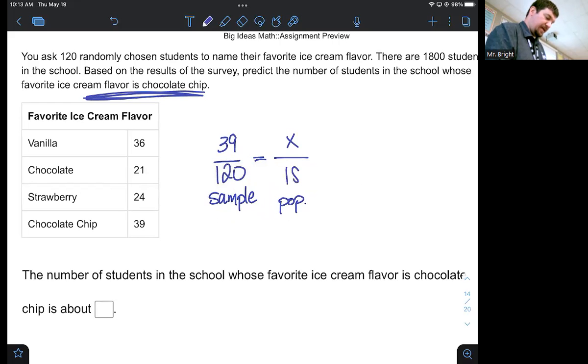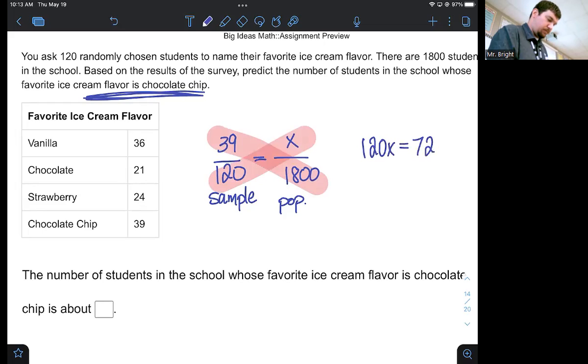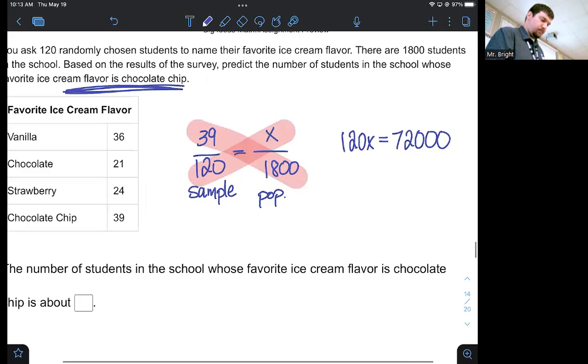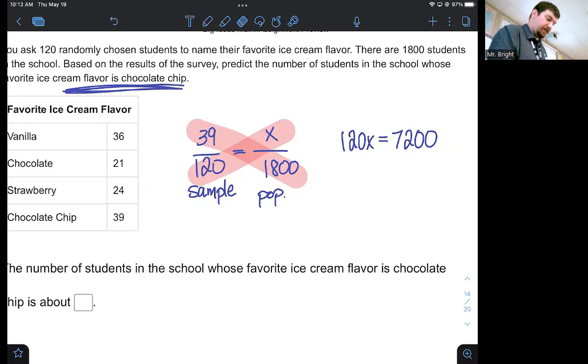So this is exactly what you guys have been doing to get your predicted number for your survey, except ours was out of 88. We surveyed 25, ours is out of 88. So we cross multiply this. Ella, can you tell me what 39 times 1,800 is? 70,200. Is that right? Okay, I don't have my calculator, so I'm going off you guys. You checking yourself. Nobody raised their hand, so I'm assuming we're good here.